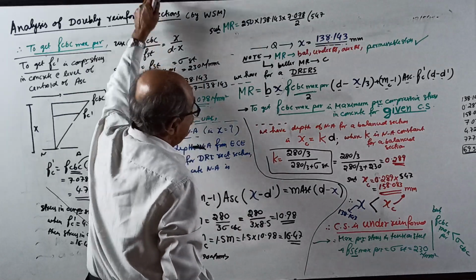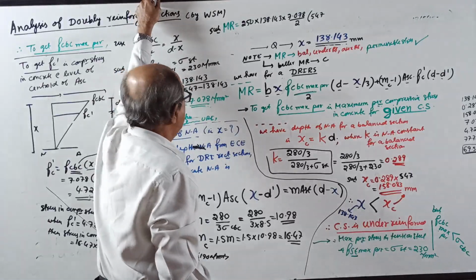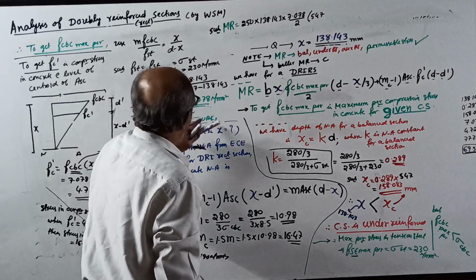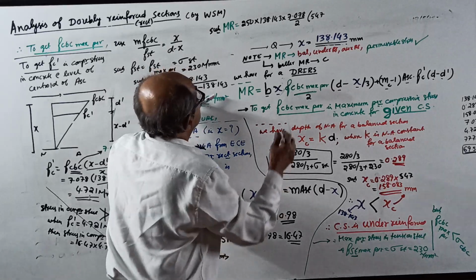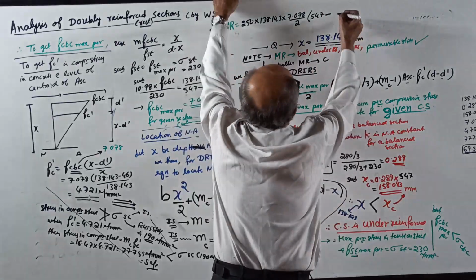Because I rubbed it out, I think it is 547. 600 minus 45 plus 540, most probably 547. Yes, 547 minus X